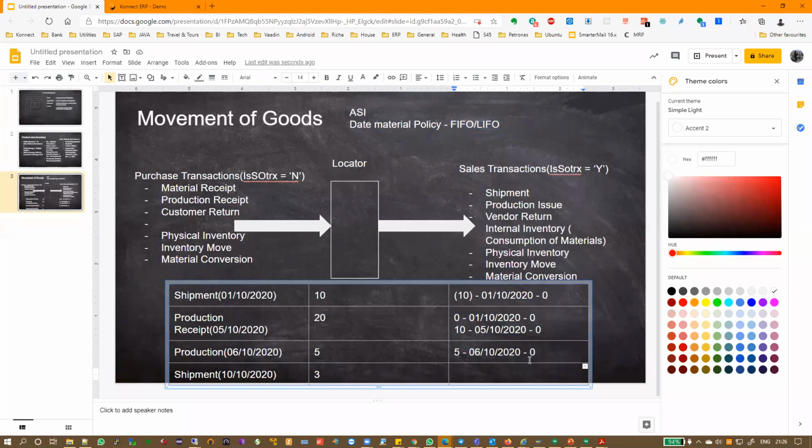Okay, is this clear? I'll tell you how to look at all of this in the system, but when I look into the system, you will not be able to understand this. That is why I'm showing it to you now. Is it clear? Okay. Now let's quickly go into the system.